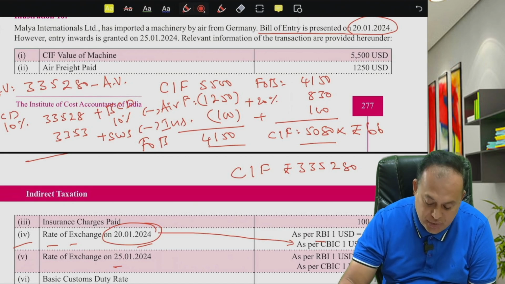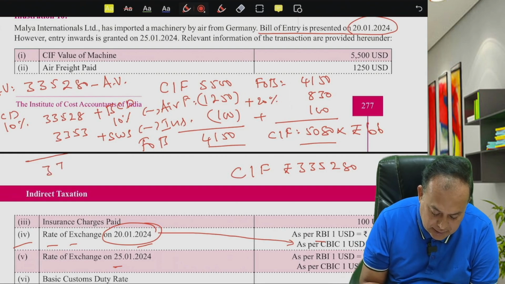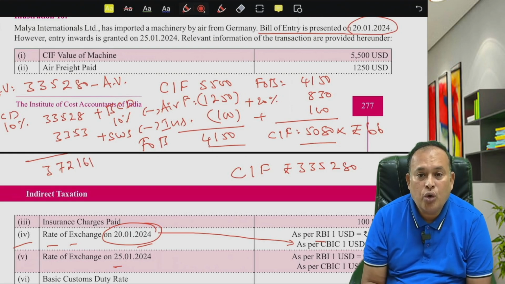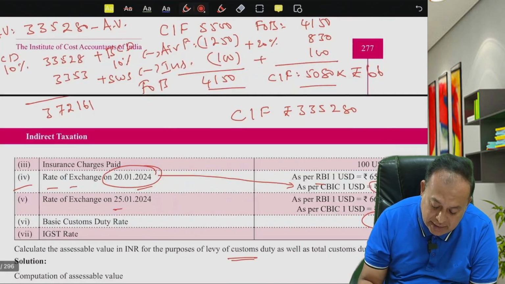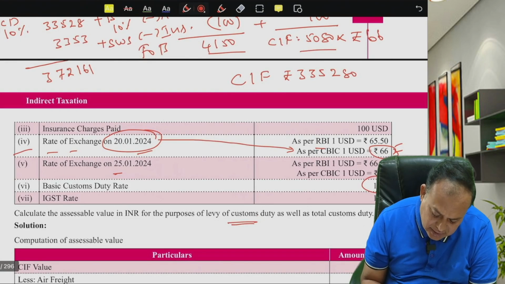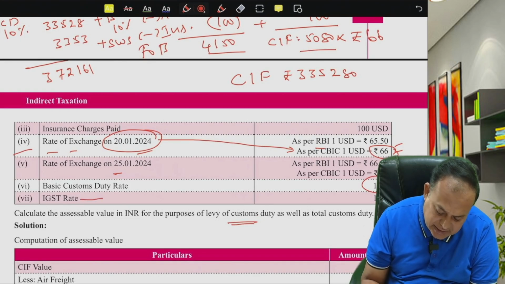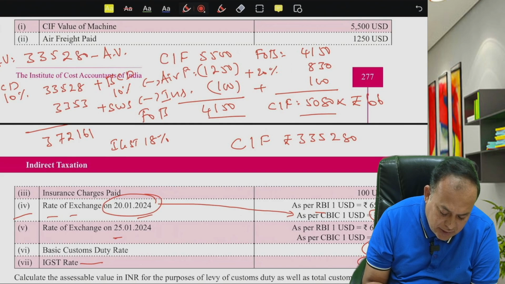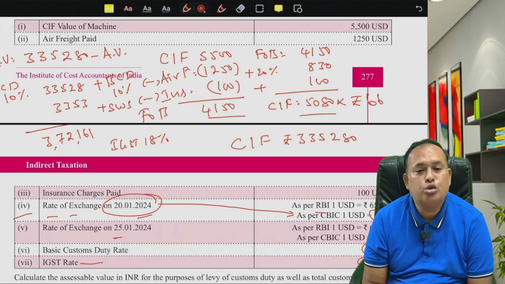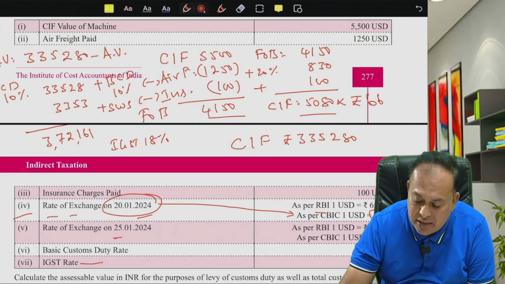Now you sum up this value: 3,35,280 plus 33,528 plus 3,353. You will get 3,72,161. So they are also asking us to find out the additional item, namely the IGST. IGST is given, therefore 18%. IGST, which is 18% on the entire value of 3,72,161, which is